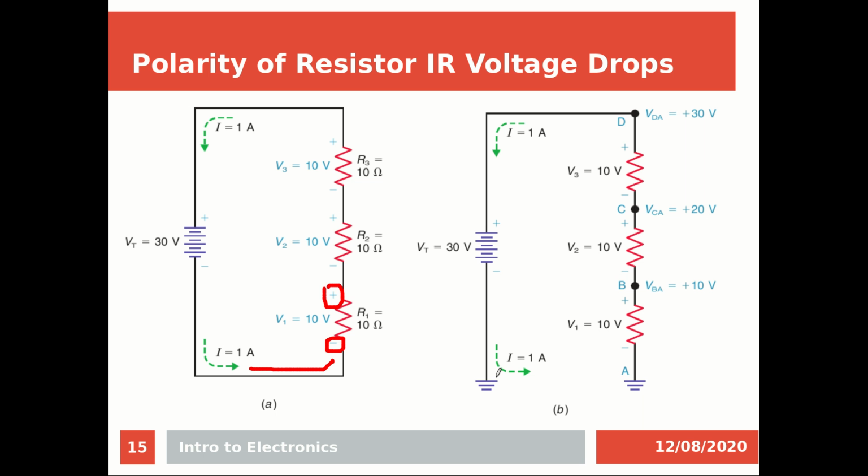And again, this is the symbol for the ground. I connect this point to the ground. Here nothing is connected to the ground. Here I connected to the ground. So here the voltage is equal to 0. Okay,